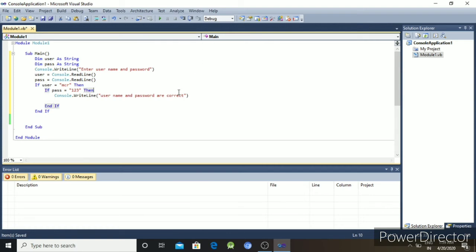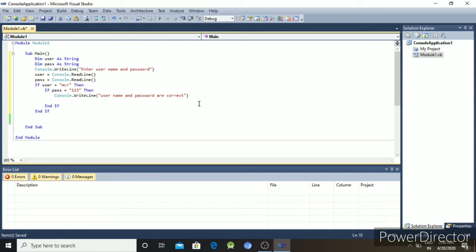But in any situation, if the username does not match, or the first condition is true, control will check the second condition and print the statement. Otherwise, you write the else statement for when the inner if condition is false. What value is entered in the password does not match with the password 123.